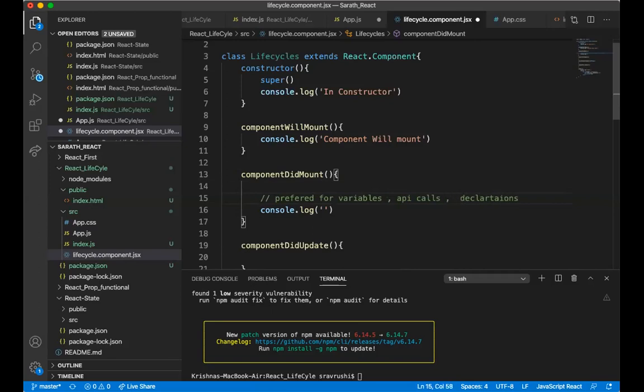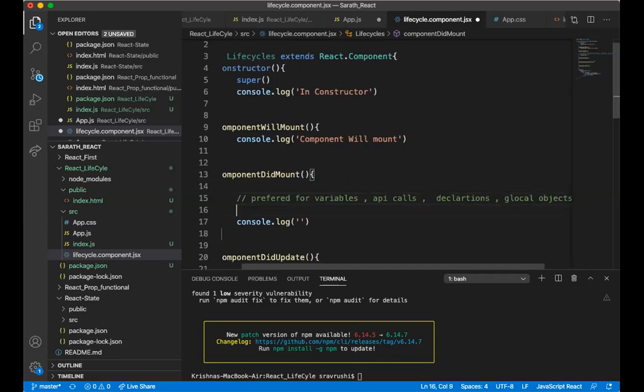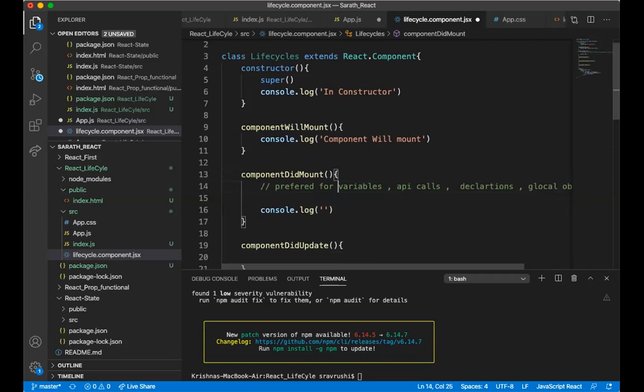Also, if you want to create any global objects, you can create global object declarations here. So for all these purposes we are going to use component did mount only.